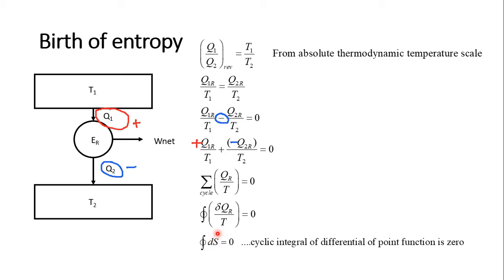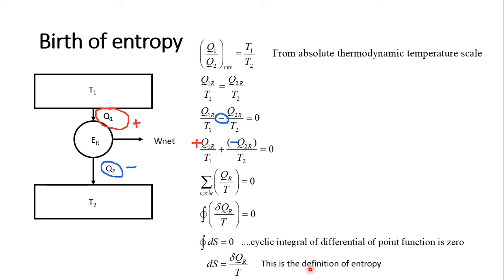Now this ds is what is known as entropy. So what will be the value of this ds? ds will be equal to delta QR by T. So this is the definition of entropy. What is entropy? But if you see over here, this is entropy change. So ds is equal to delta QR by T. Remember this R is important. This formula is valid only when the heat transfer is in case of Carnot engine. So this point is very important. This is the definition of entropy.